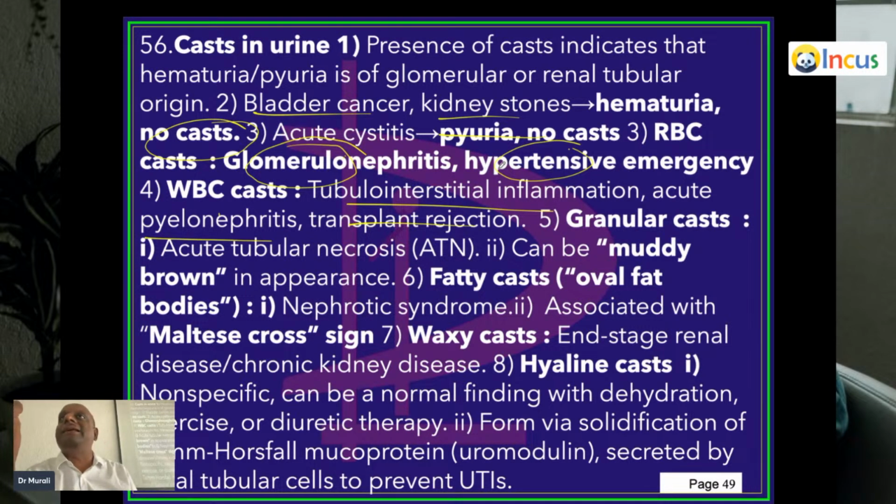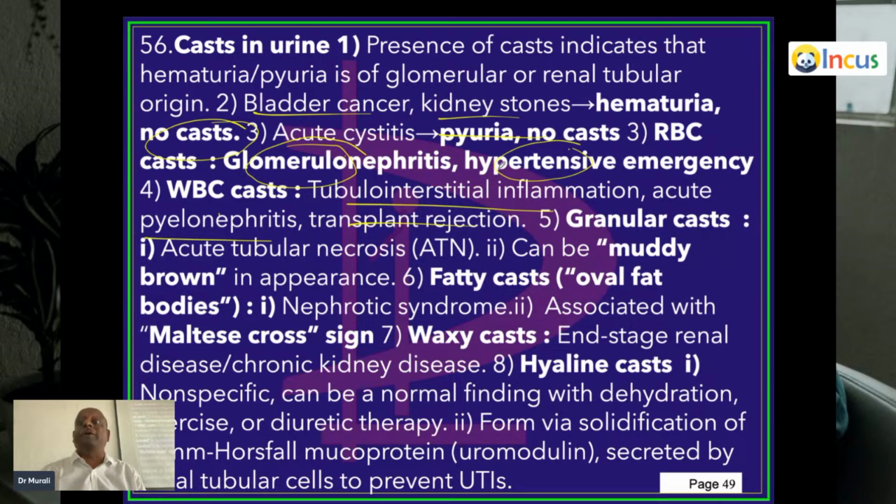किडनी में क्या होता है? खाली तीन चीजें होती हैं, ग्लोमेरुलस होता है, ट्यूब्यूल होता है, बीच में इंटरस्टिशियम रहता है. इंटरस्टिशियम में मेसेंजियल सेल्स रहते हैं, मेसेंजियल मैट्रिक्स बनता है, बस इतना ही रहता है. इसी में ग्लोमेरुलस है तो ग्लोमेरुलोनेफ्राइटिस, ट्यूब्यूल है तो ट्यूबुलर इंटरस्टिशियल. Tubule अकेला नहीं होता unless in ATN or acute tubular necrosis, right? So tubulointerstitial inflammation, acute pyelonephritis.